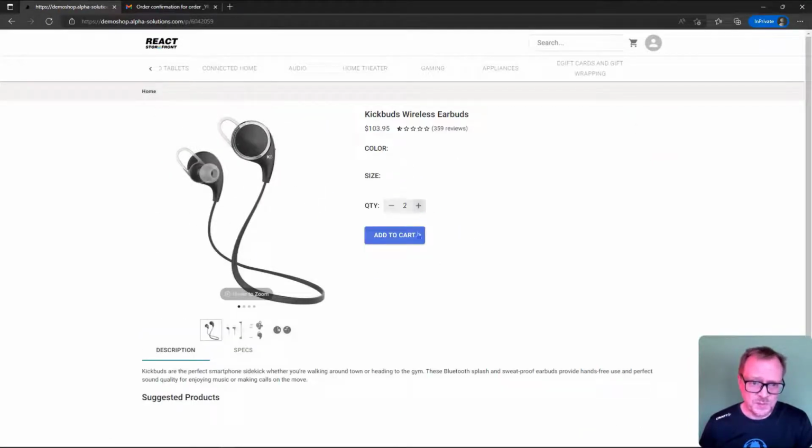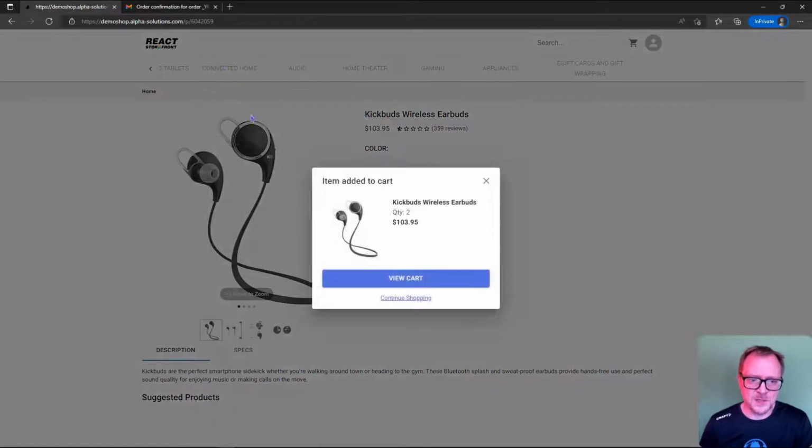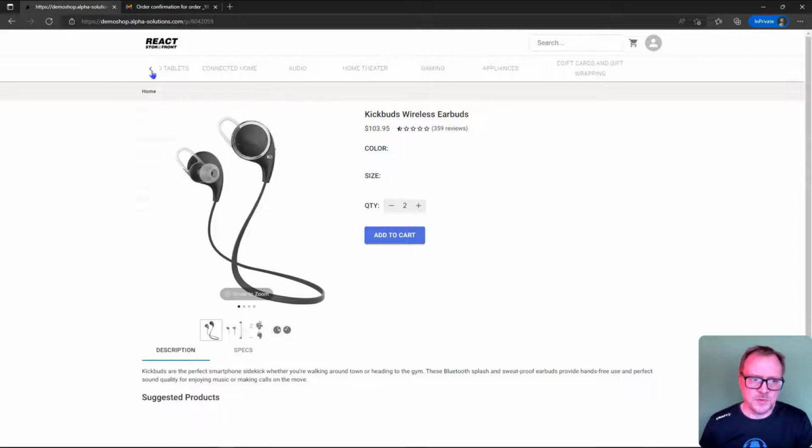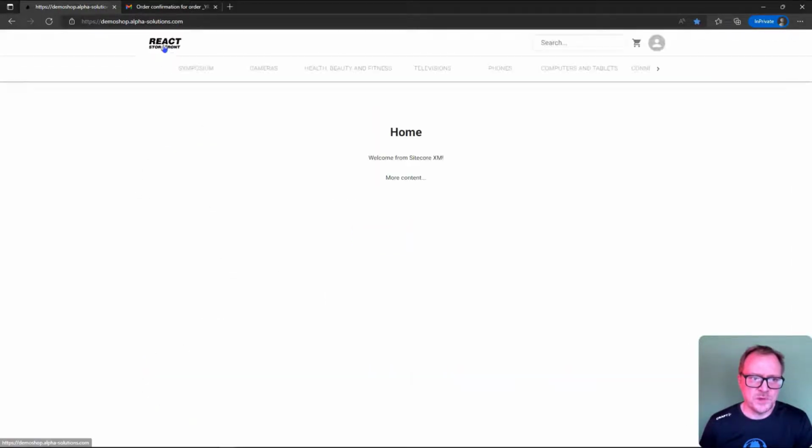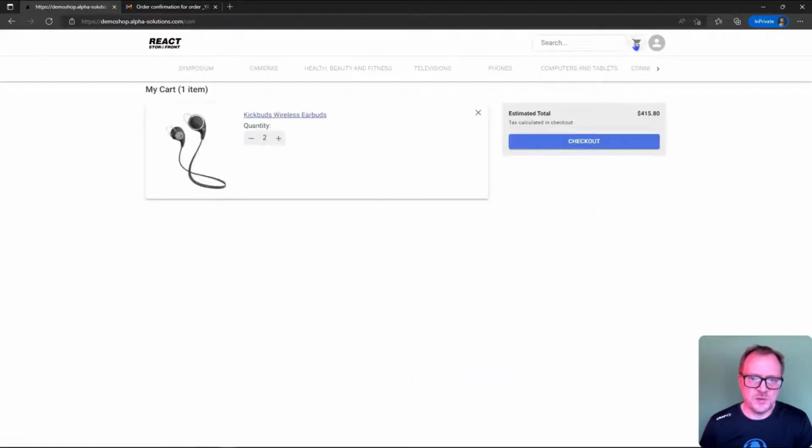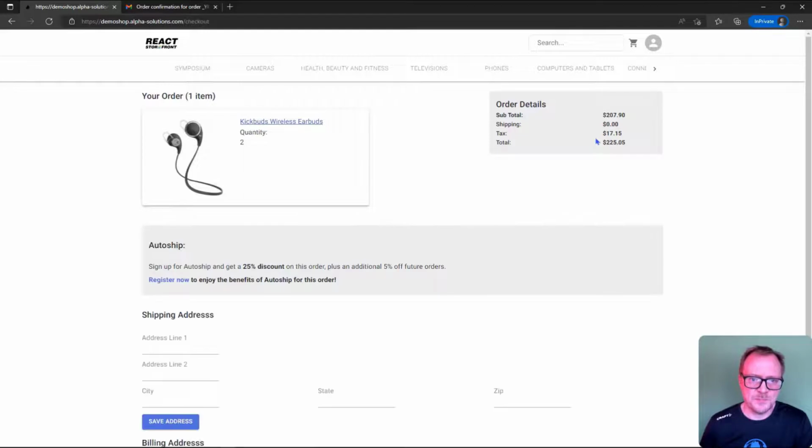On the product detail page, we have a quantity selector and can add to cart. Then continue shopping, or go to the checkout flow. Here we have the cart page, with calculated tax happening up in the top right corner.